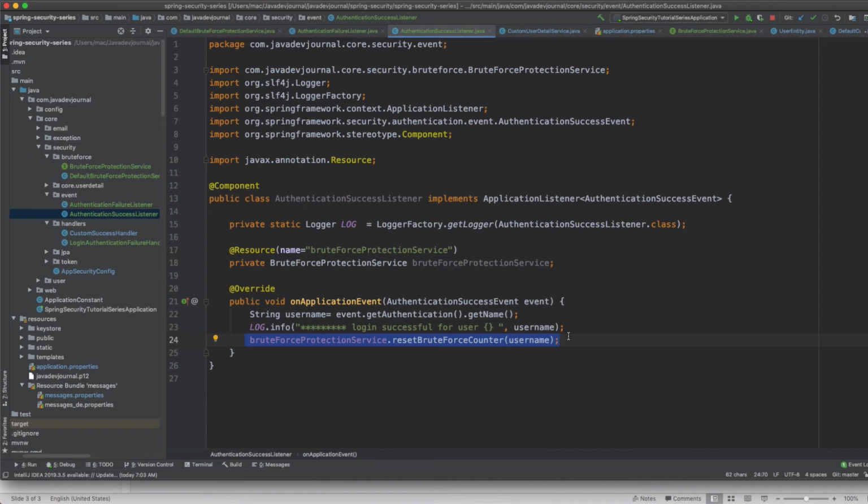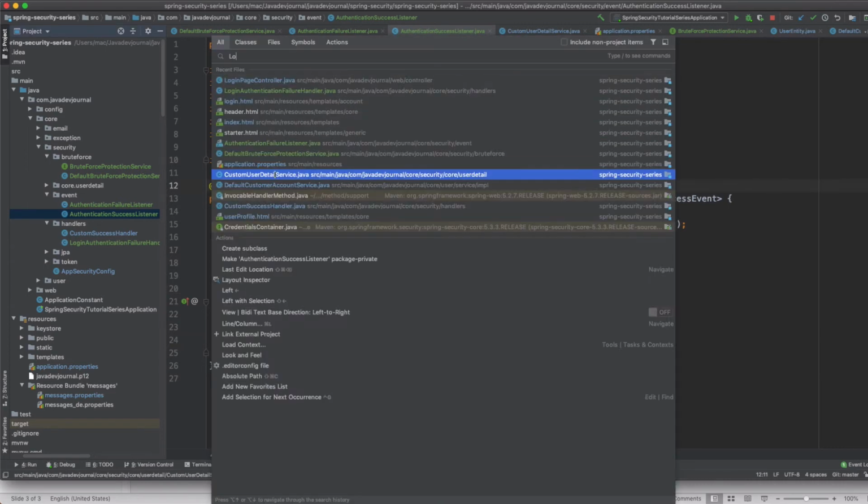But probably you want to show maybe a customized message to the front end, right? You don't want to give them an error message saying username and password is invalid, because that will probably confuse a user. They don't know what needs to be done. And let's say if the user account has been locked because of some kind of attack that happened in the system, you want to tell them, hey, reset your password or follow these steps to unlock your account, right? So in order to do that, you have to do a little bit of customization.